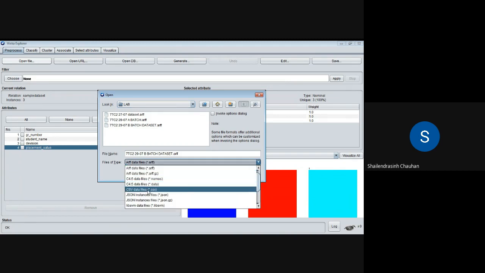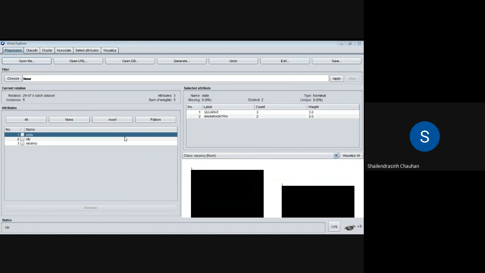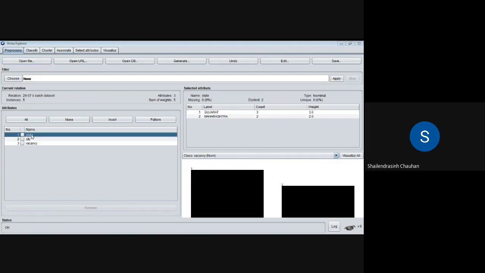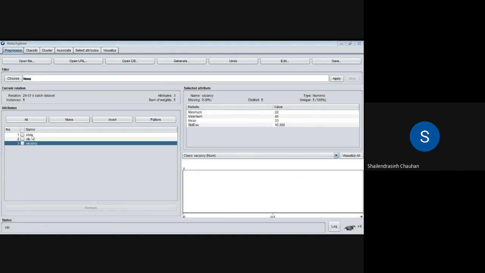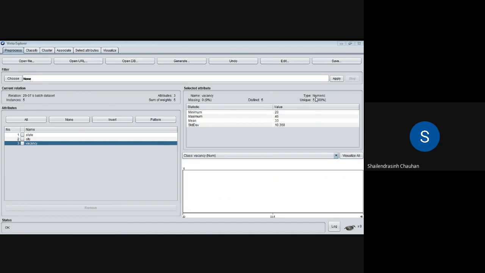You can select CSV, and yes, we can get it now. And let's try to open it. As you can see, now we are able to open it. State, city, vacancy. So three attributes: state type nominal, city type nominal, vacancy numeric. Minimum 20, maximum 45, average 33, standard deviation 10.368.